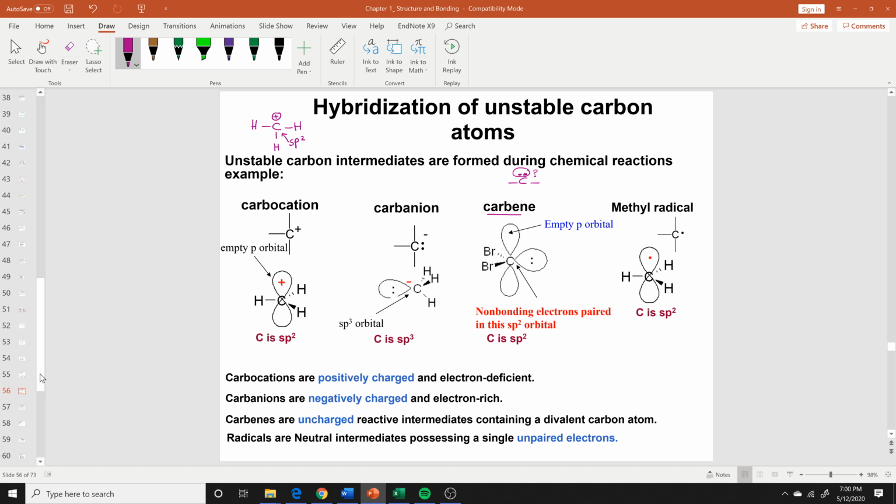So if I have 3 groups, then the lone pair is going to belong to the hybrid orbital. Then I'm going to have an empty p orbital on the carbon. With respect to the methyl radical,